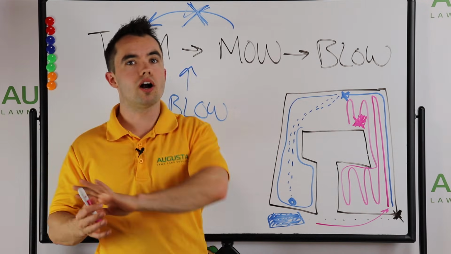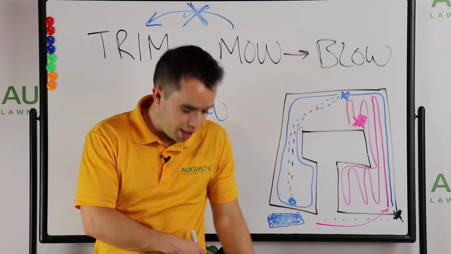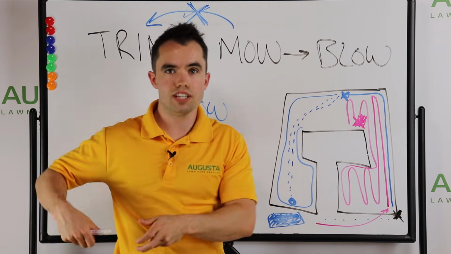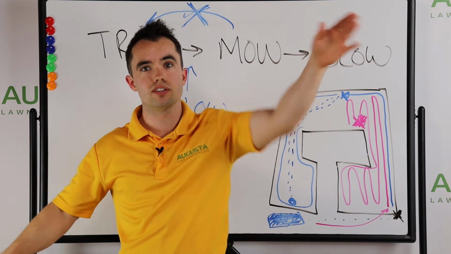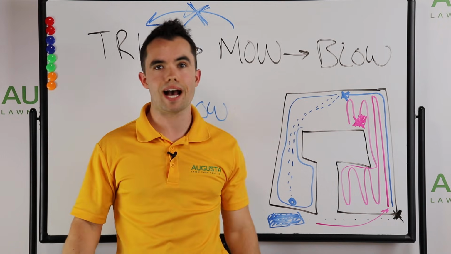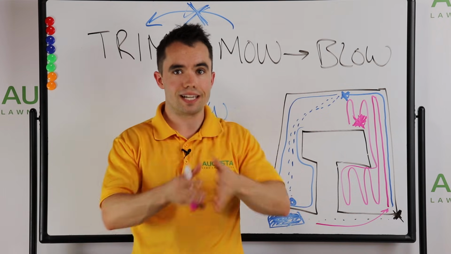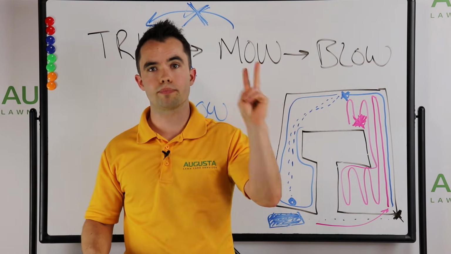I've seen people on a big commercial property walk a quarter mile because they forgot line, or they ran out of line. Or walk a quarter mile because they ran out of gas in their 2-cycle engine for their trimmer. Or on a big zero turn in the middle of a massive field, having to walk 10 minutes to go get gas because they ran out of fuel. These are things you've got to think about, and this takes a little bit of planning, a little bit of experience, but using these 3 tips, you're going to make more money, be more profitable on P4P,